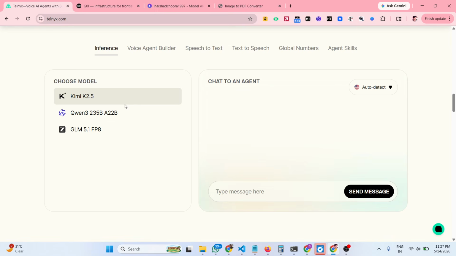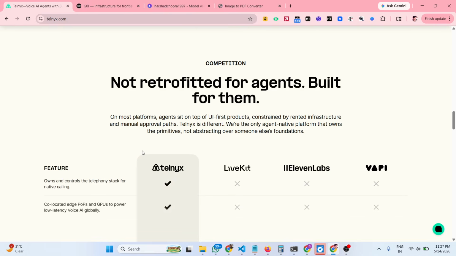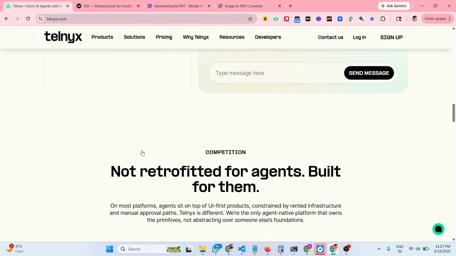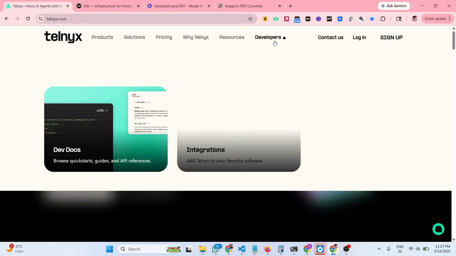Once you land on this, you see all your models directly: Kimi K2, Qwen, GLM. We also have Claude, OpenAI. All the models are there, almost 100 plus models. So you can totally get started for completely free. If you see the developers,